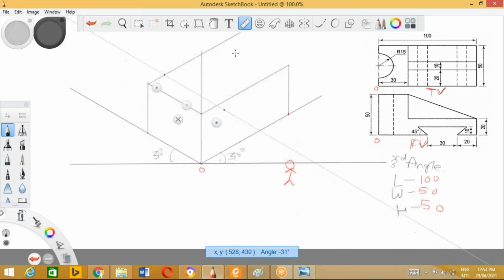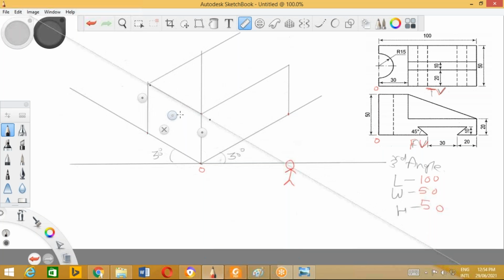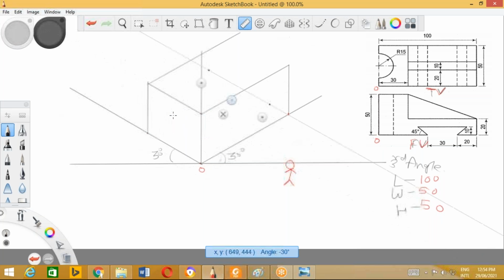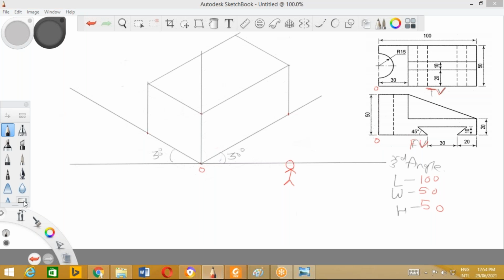Same way, match the line with the width line and draw the line from here. Done. So we have completed the box. So now we will erase whatever is not required.